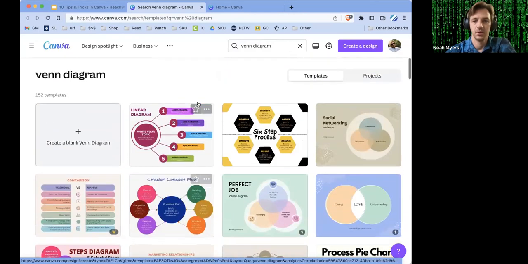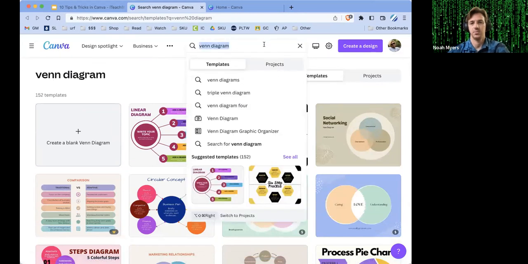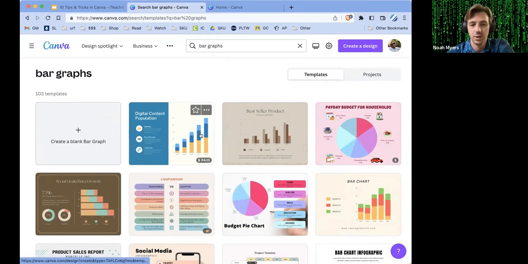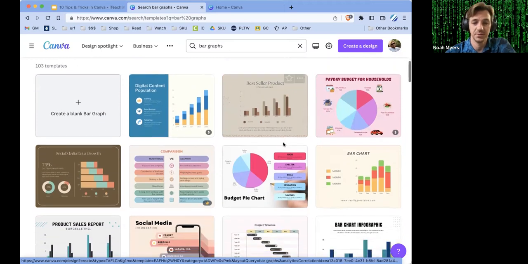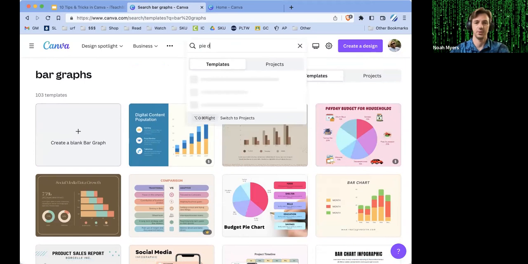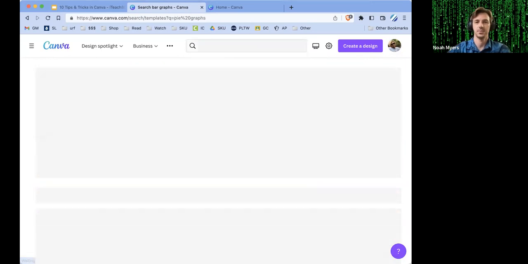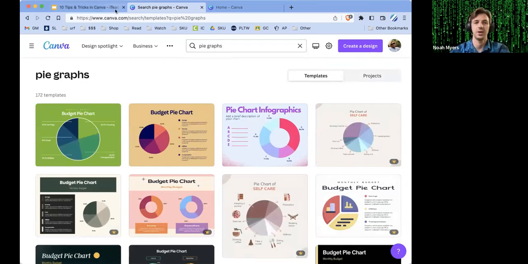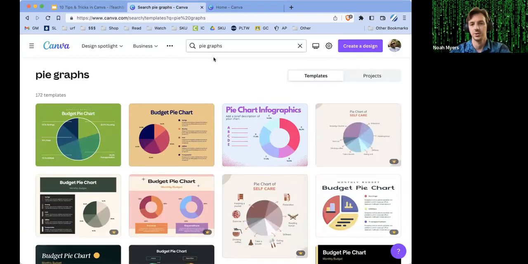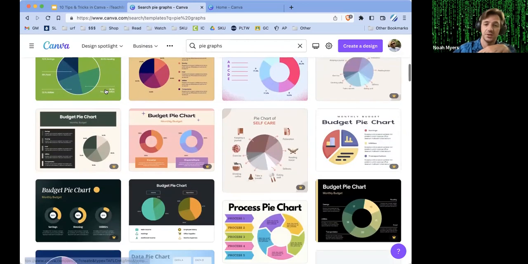But if you look up other stuff like bar graphs, lots of different colors and variations available to represent different types of data. You can look up pie graphs, and so on and so forth. I gave a couple of other flow charts, strategy maps, pie charts. But yeah, whatever kind of data you want to visualize and present, there's a whole bunch of templates available